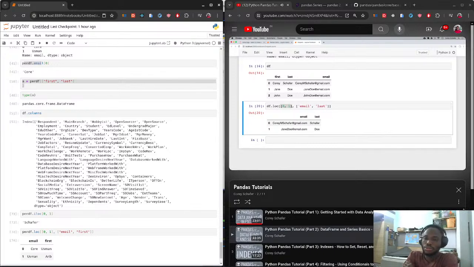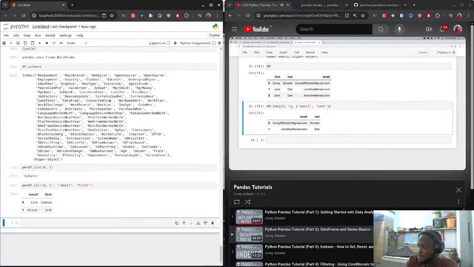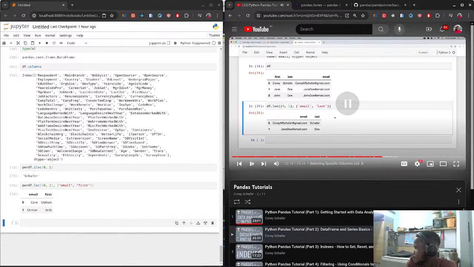So up here, it's first, last, email, but we asked for email and last, and it gave us back in that order of email and last. Okay, so now that we've seen the basics of grabbing certain rows and columns from